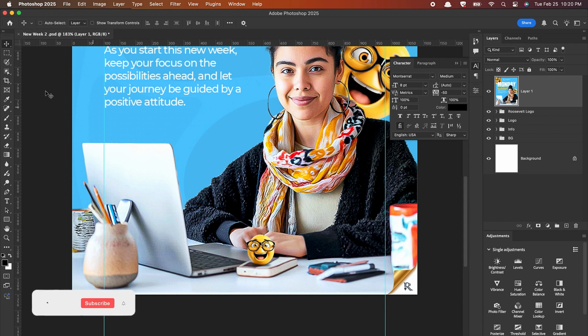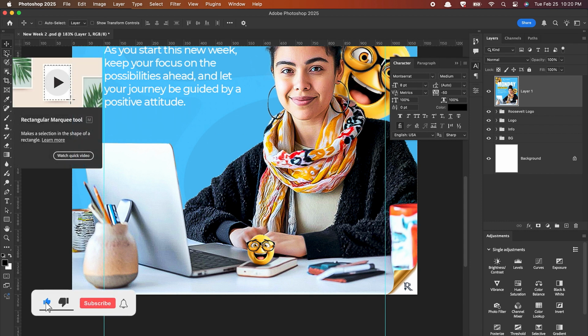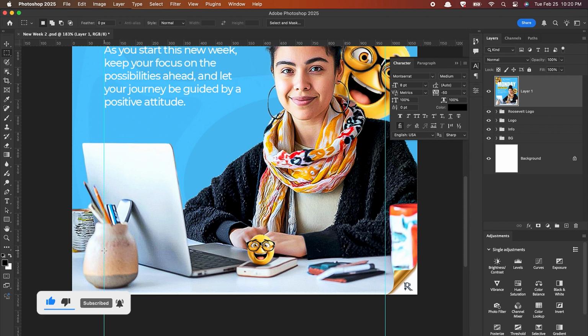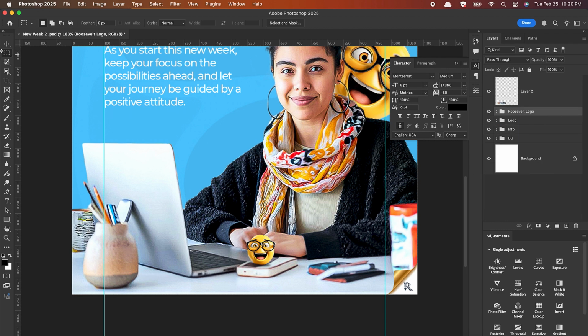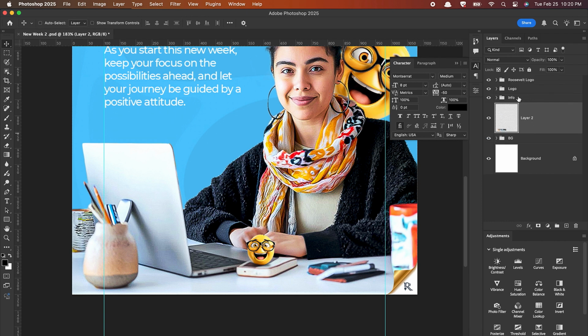And then select the rectangular marquee tool. Then let's make a selection. So something like this is okay. Press Control J or Command J to cut it out. Now let's delete this. Drag this one somewhere here. We'll be adding it to the info group very soon. So with this layer selected,